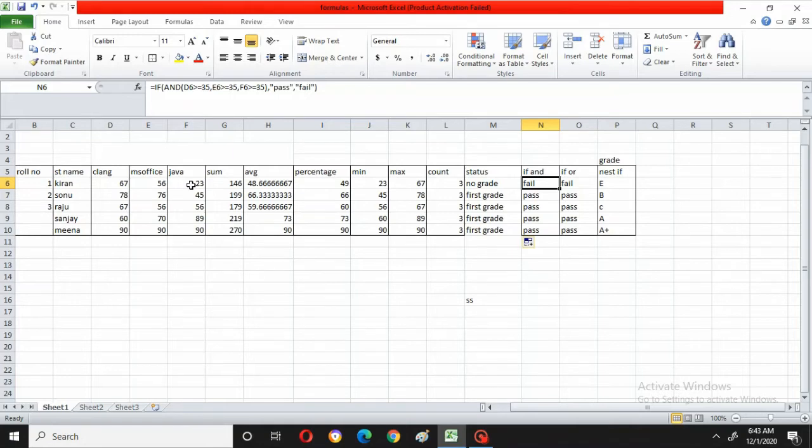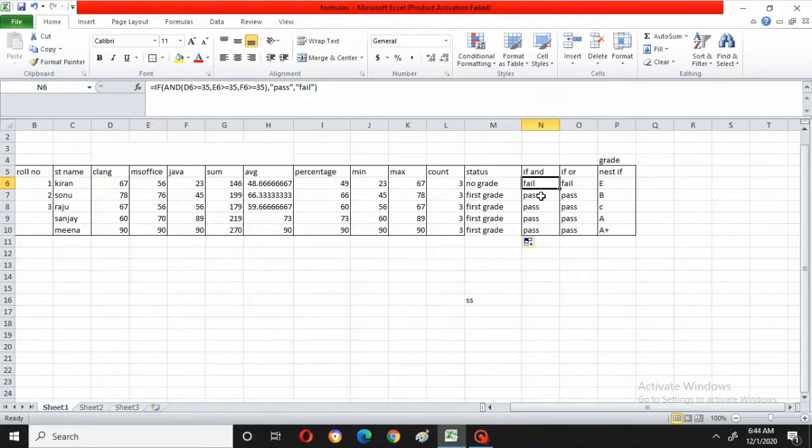So I have used that type of condition for this. Can you see here? In this cell I have clicked and you can see in the formula bar that the formula has come. I will tell you how to use IF and AND.